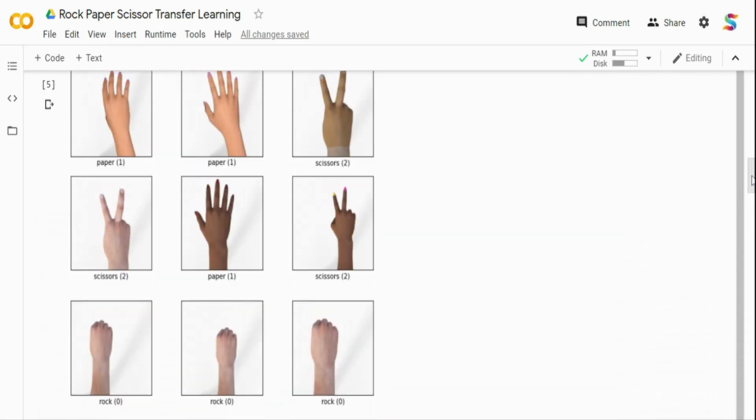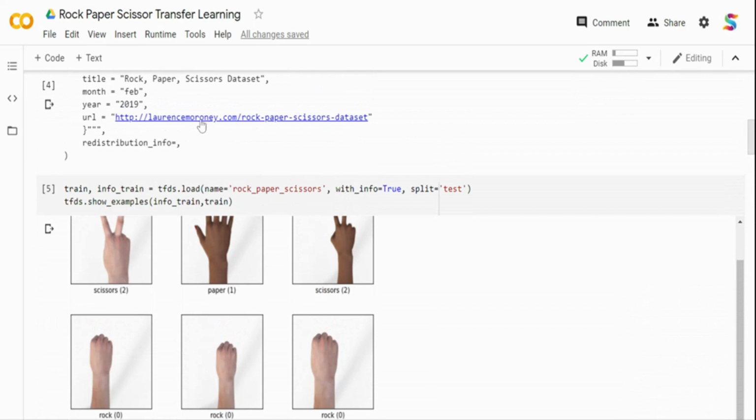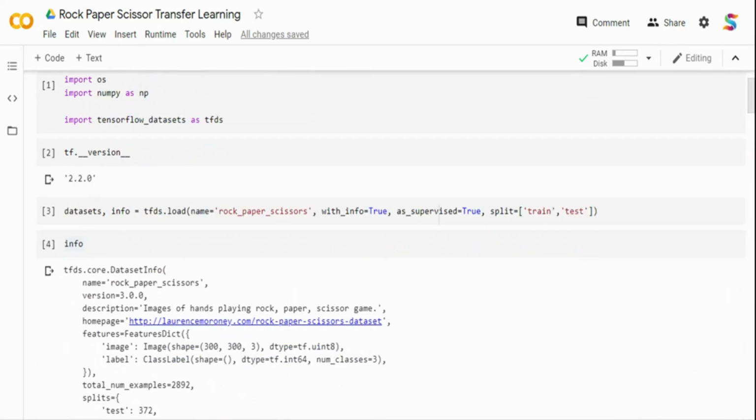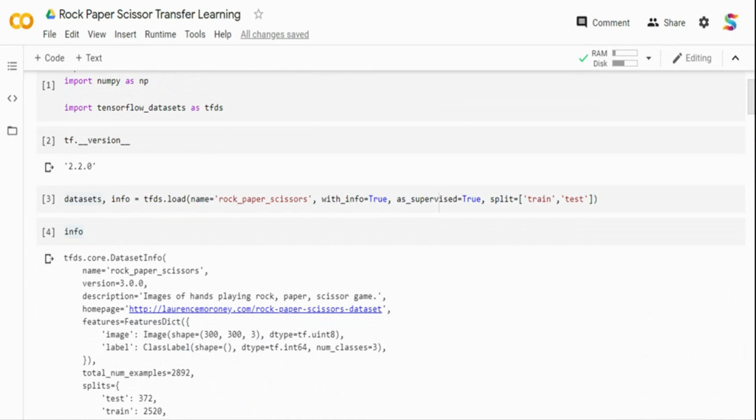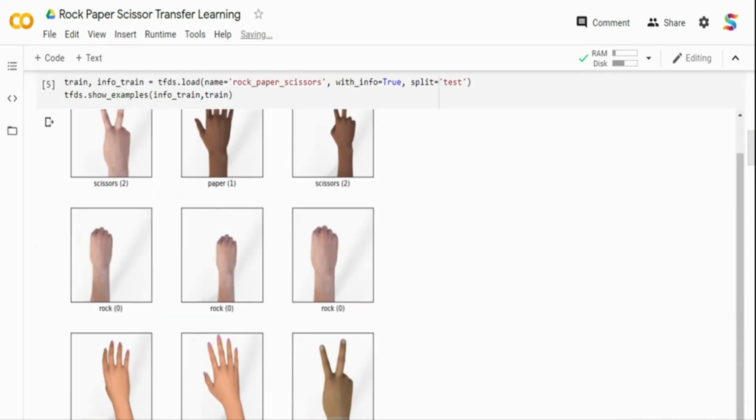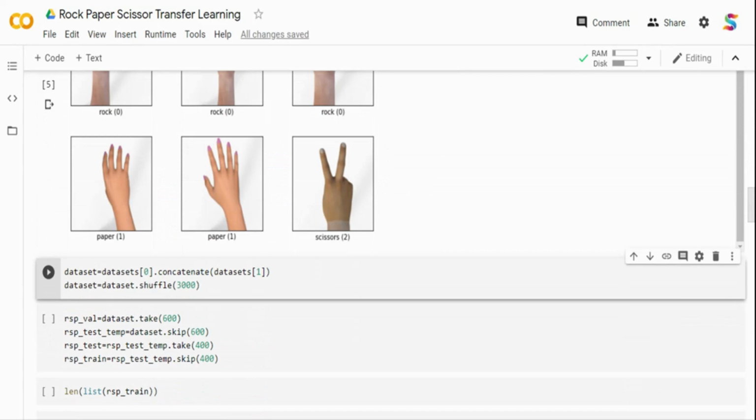Now the very first thing I'm going to do is, if you see on the top, I have assigned the output to a variable called datasets over here, and this will have an array of values that will be train and test. So I'm going to build one single data set from train and test, and then I'm going to split it myself. Now you can directly use train and test separately, but in this case, I'm just going to combine the data set, and I'm going to build splits for train, validation, and test. The train and validation will be used during the transfer learning process, and test will be independently kept to evaluate the model. Right.